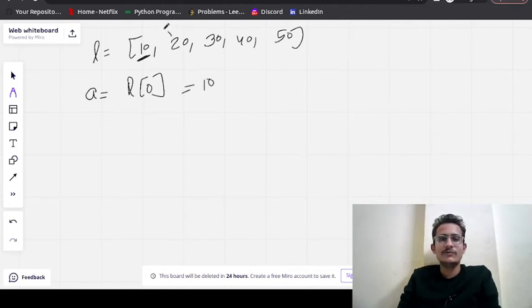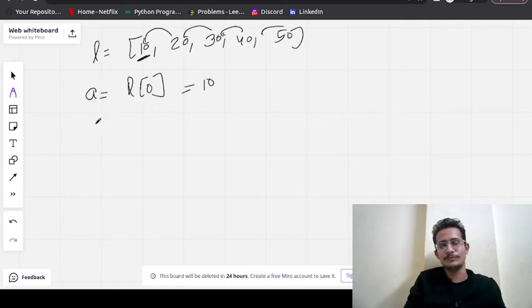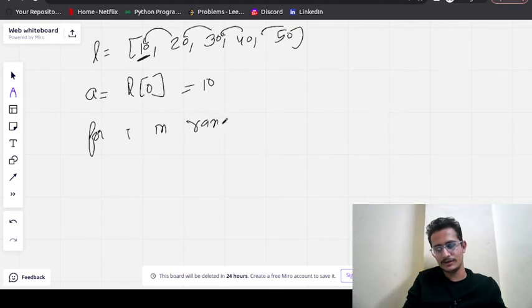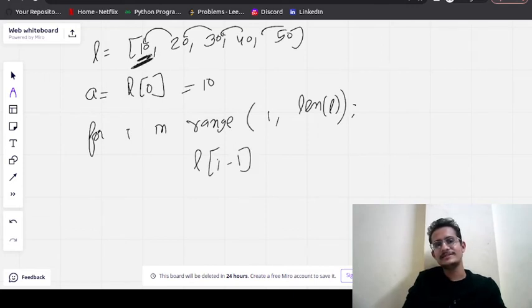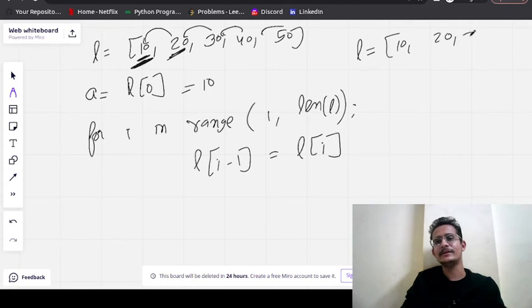Then we will shift all the elements by 1 using a for loop. So for I in range, I will start from 1 to the length of L, till the last element. And I will say L of I minus 1 will be equal to L of I. So what will happen, initially our list has the elements, let's say 10, 20 and 30.